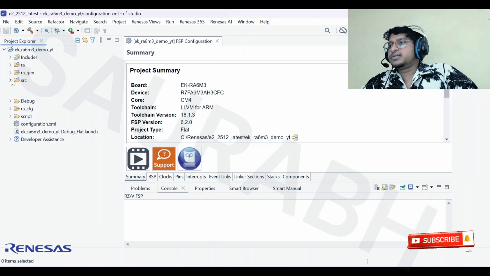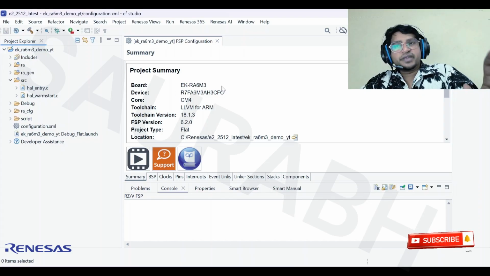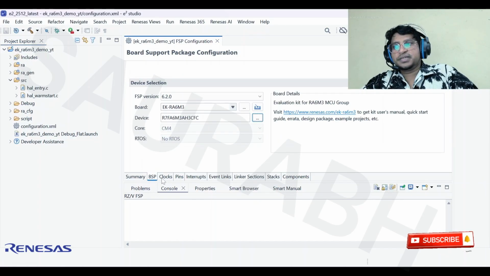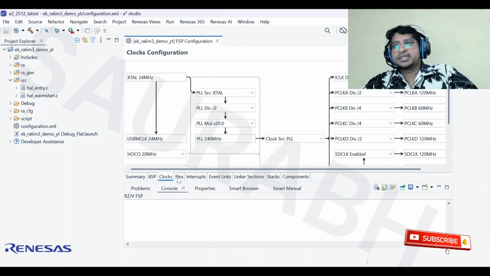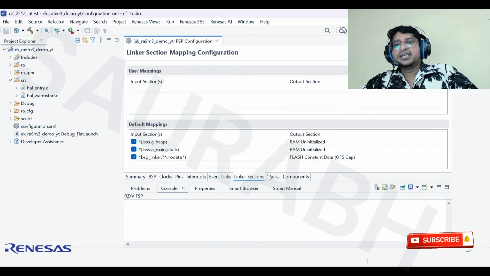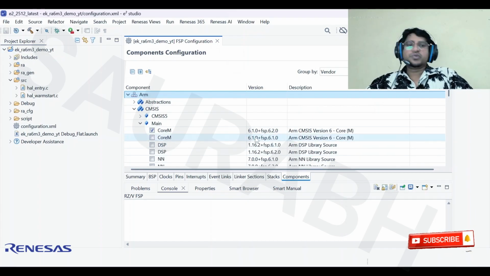In the next video, I will explain how we can manually configure these things: what is BSP here, what is clock, how to set it, how to set the pins, how to set the interrupts, what is event link, linker section, stack, and components.